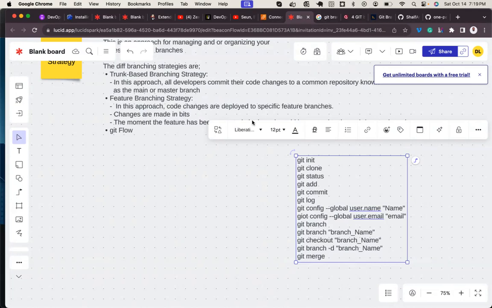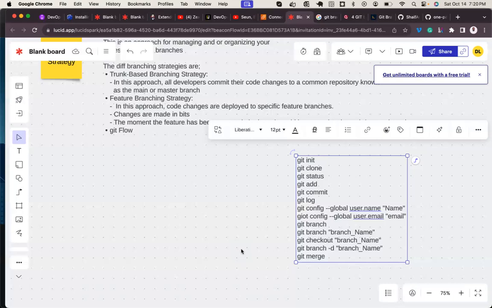I'm not sure if it's just me, but I don't have sound anymore. Can anybody hear me, please? Yes. Yeah, man. So Paul, go out and come back in again. So these are common git commands that you're going to see and you're going to be using on a daily basis.